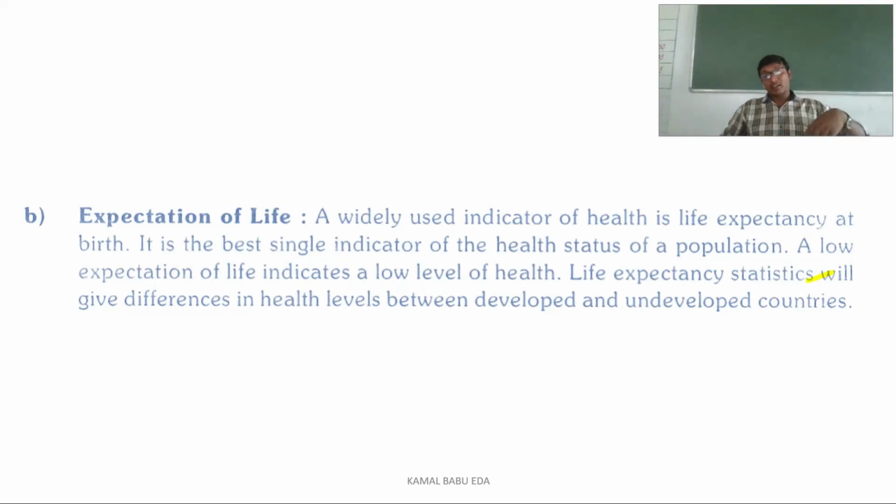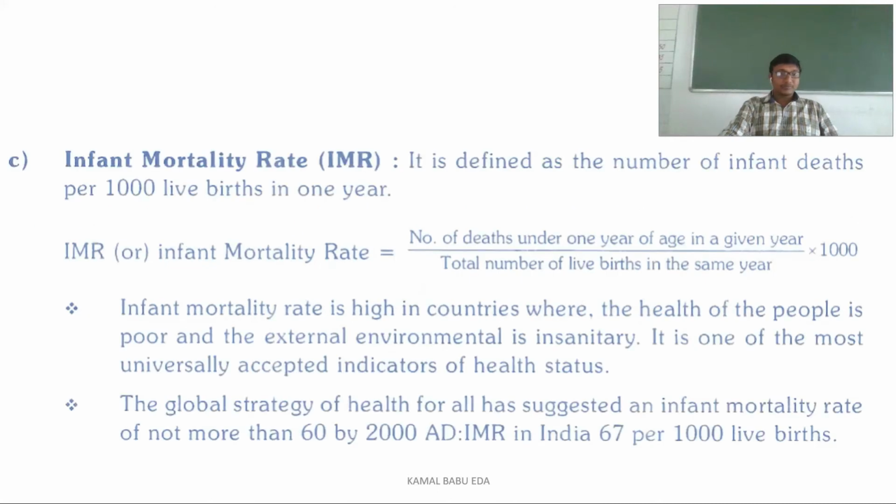But in undeveloped or underdeveloping countries, the health status will be a little low because their living standards are decreased. Coming to the infant mortality rate: if you want to know the number of infant deaths occurring per 1000 population in 1 year, you will go for this IMR.